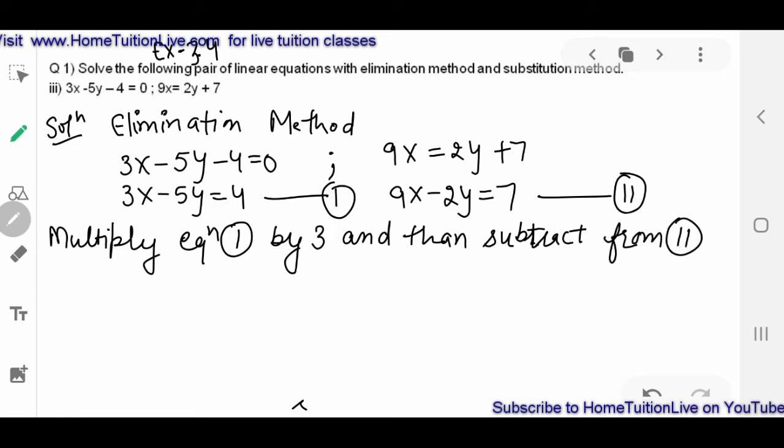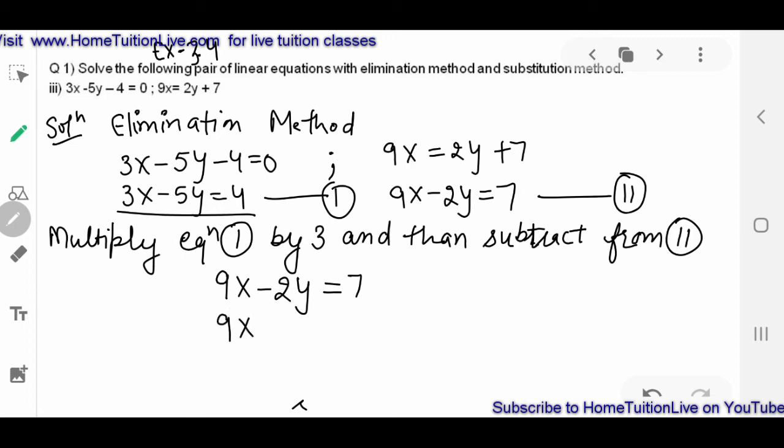You can subtract 2 from 1 or 1 from 2. So here I am multiplying. First I write the equation 9x minus 2y equals 7. After multiplying, this equation is